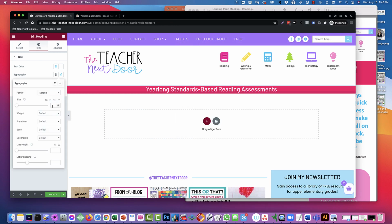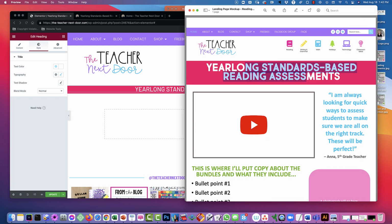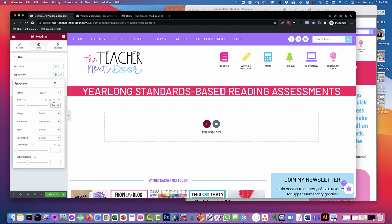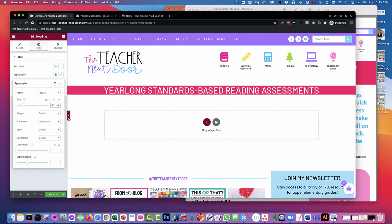So I'm going to click typography, and we want to do transform uppercase. Perfect. Now we're going to work on the typography. And again, I don't know what font this one actually is, so that can be changed later. So for now, I'm going to use one that she does have on her website. And let's do, it was Barlow. And we're going to size. I do ems, it's just a relationship to what's standard on that website. If you wanted to do something like pixels, then maybe you want it to be 45 pixels. And obviously we want to have it,